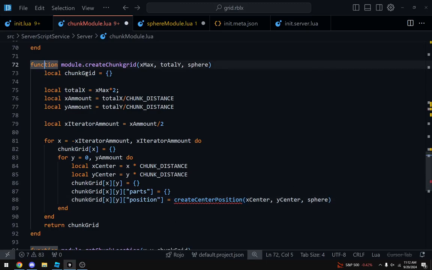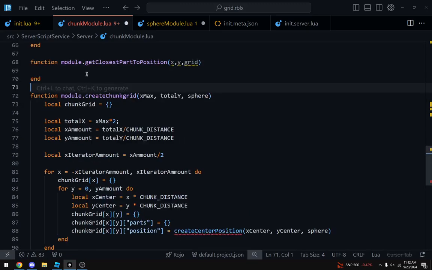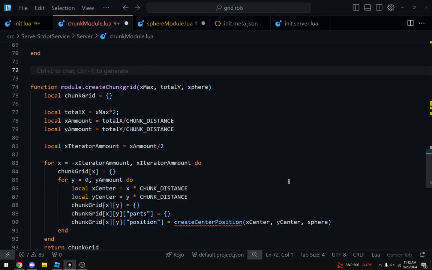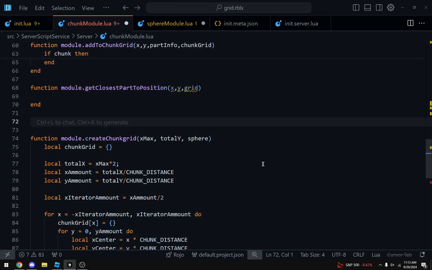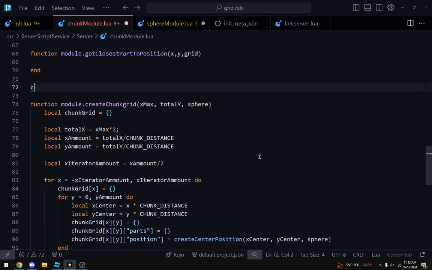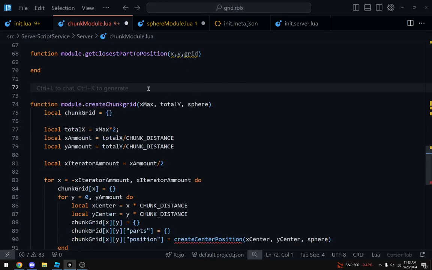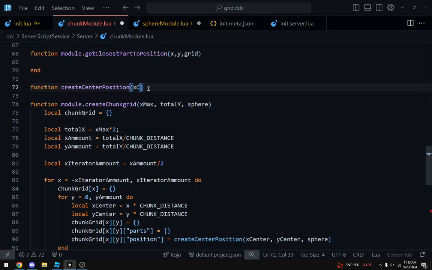So let's do create center position. Oh, are we all out? No, we're not. I wonder why it's not giving me suggestions. Okay, function create center position, x center, y center, sphere.